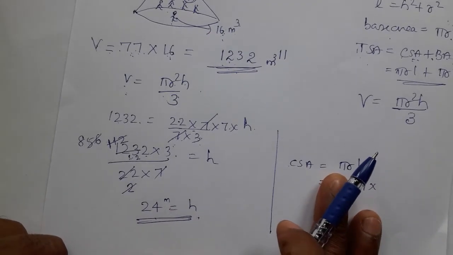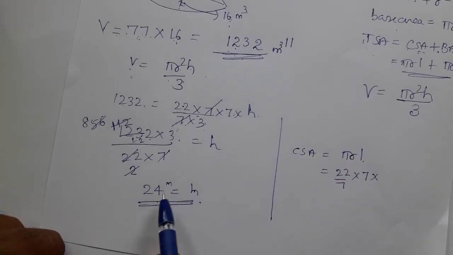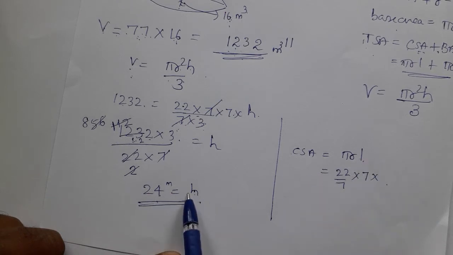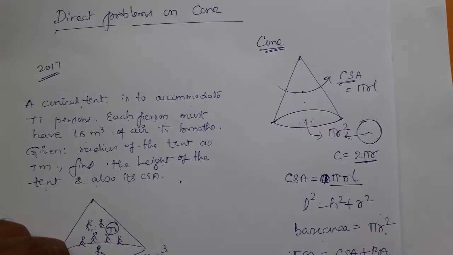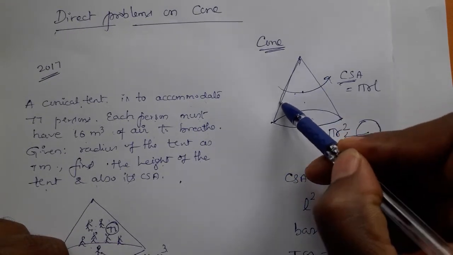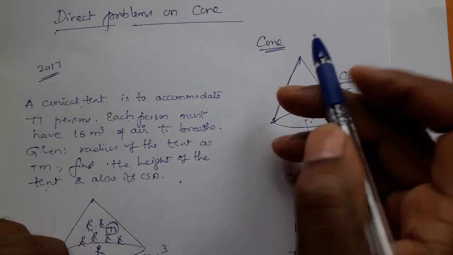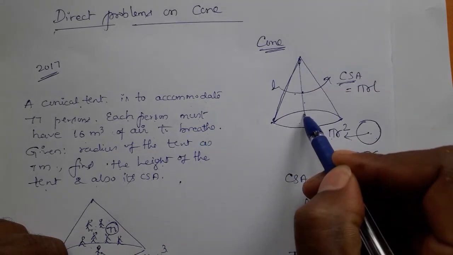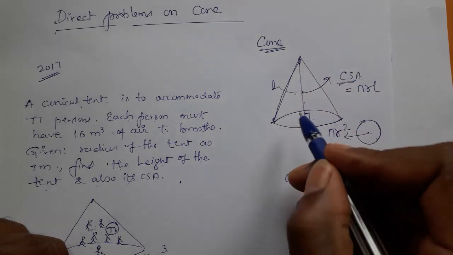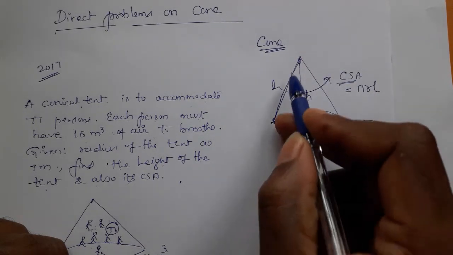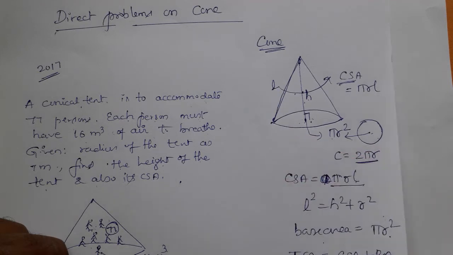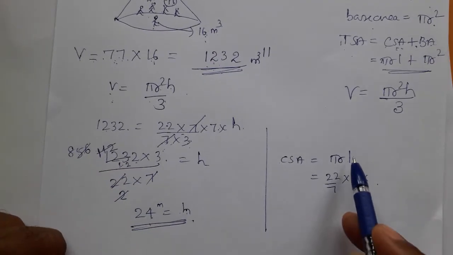See, but by confusion we go for 24 only we write here. Don't confuse, 24 is just height, but L is slant height. Slant height and height both are not same. This is slant height. Look at this line which is bend, that is slant height L. Height means always perpendicular. Which line stands vertically, that is height. Which is little elevated, that one is slant height. So therefore the slant height is unknown.